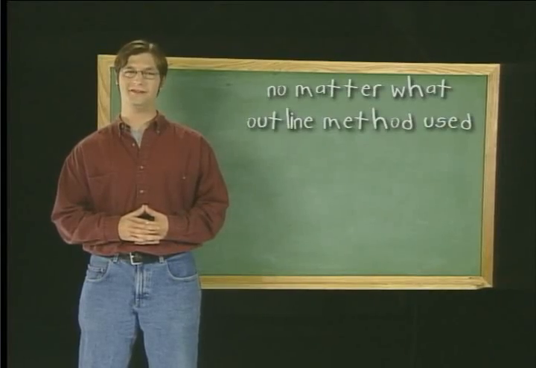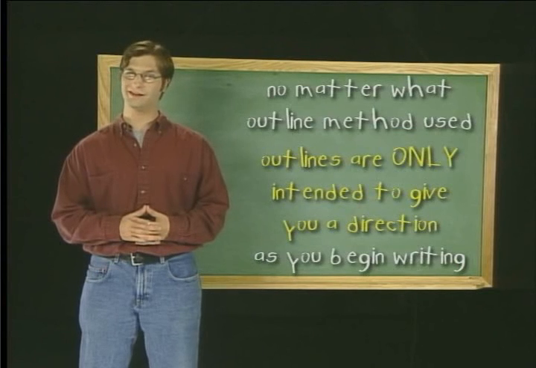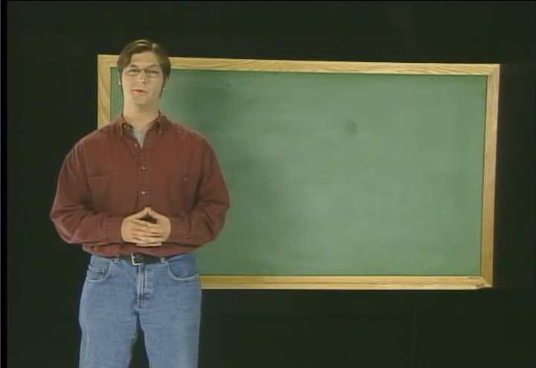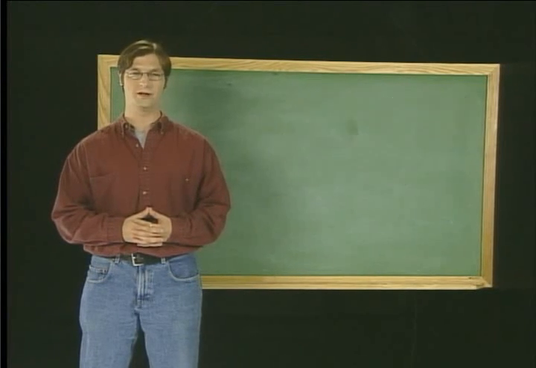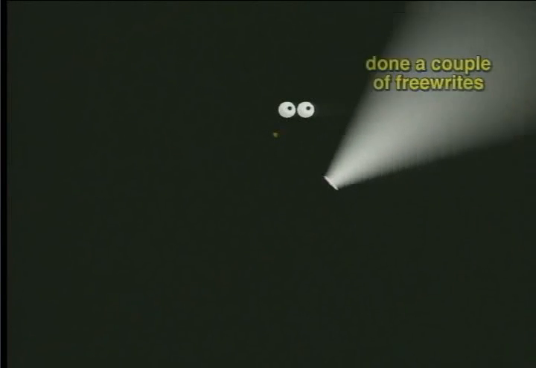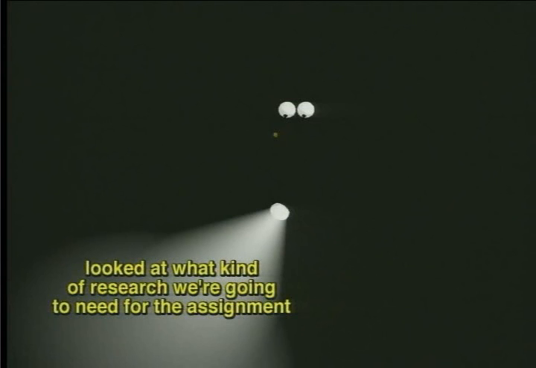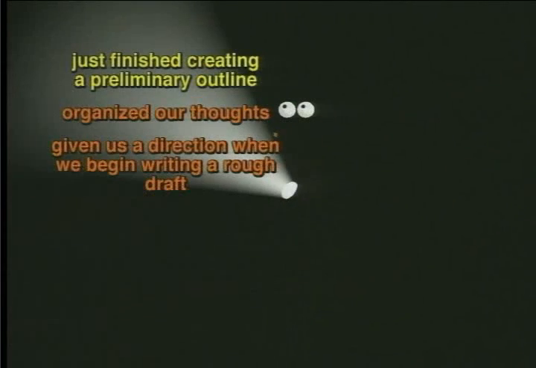Now, no matter what method you use, these outlines are only intended to give you a direction as you begin writing your first rough draft. As you write, you'll probably find that your outline will need to change. So let's look at where we are in the writing process. We've done a couple of free writes and decided what our topic is going to be and how we can fit it into the demands of the assignment. We've also looked at what kind of research we're going to need for the assignment. We've just finished creating a preliminary outline that has organized our thoughts and given us a direction when we begin writing a rough draft. And that's what we're going to do in the next